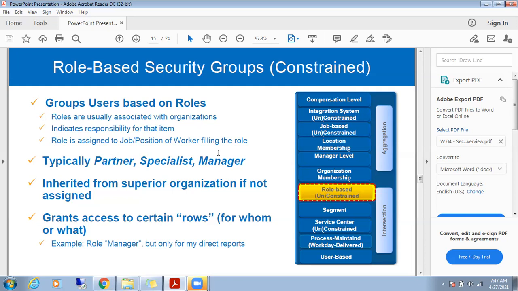Let's take an example. I am an HR manager. I will have my own role-based responsibilities. Depending upon the role, you'll have different types of responsibilities. For example, if you are going for an interview and applying as an HR manager, they will ask what roles and responsibilities you played.